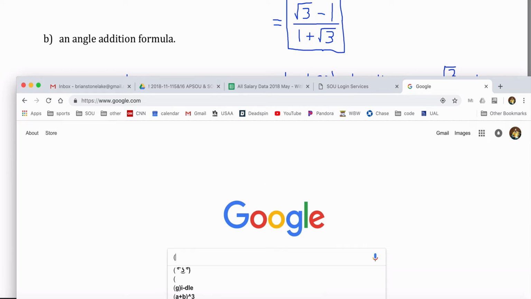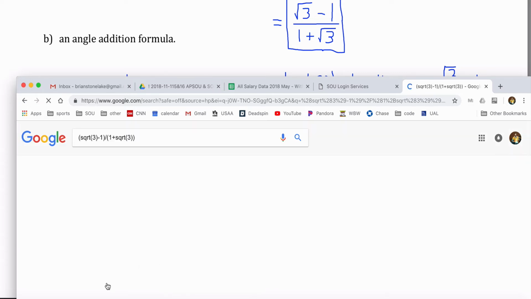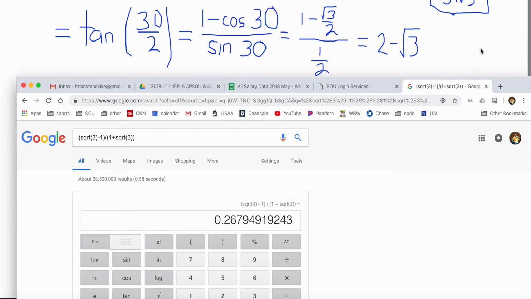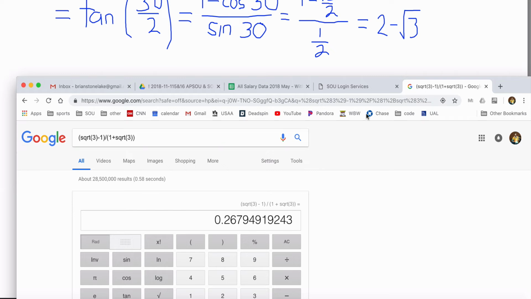I have the square root of 3, I wonder if Google will recognize that, minus 1, and then I want to divide that by 1 plus the square root of 3. Let's see if it kicks out a number. There we go, it gives me this number right here, 0.2679, blah, blah, blah. And then if I go down and take this expression, 2 minus the square root of 3,